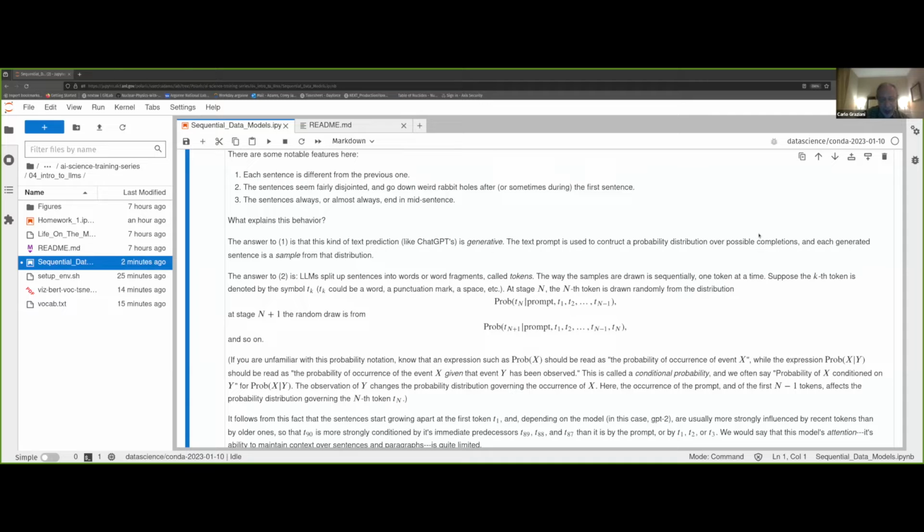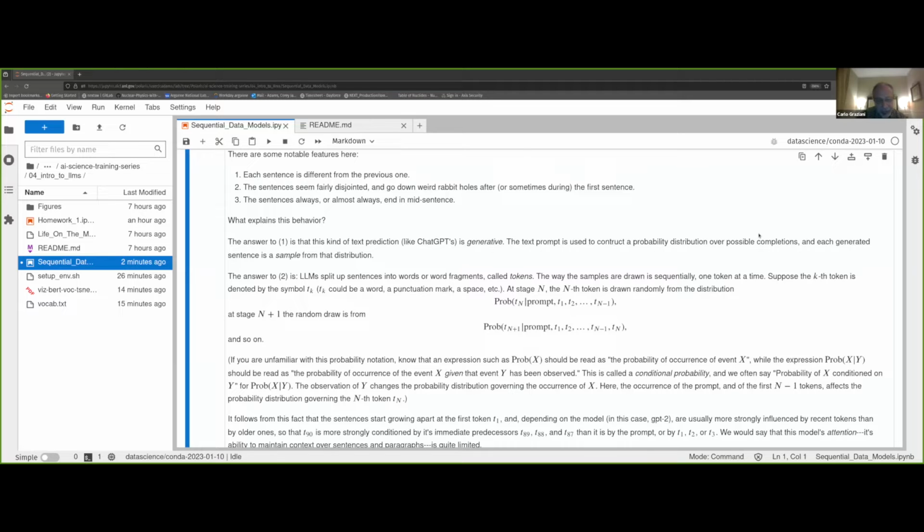So the answer to that is that, in the first place, you should know that LLMs take a sentence and split it up into words or word fragments, depending on the scheme they choose for doing this. And each such unit is called a token, okay? Now, the way that the samples are drawn is one at a time, sequentially. So if you have,